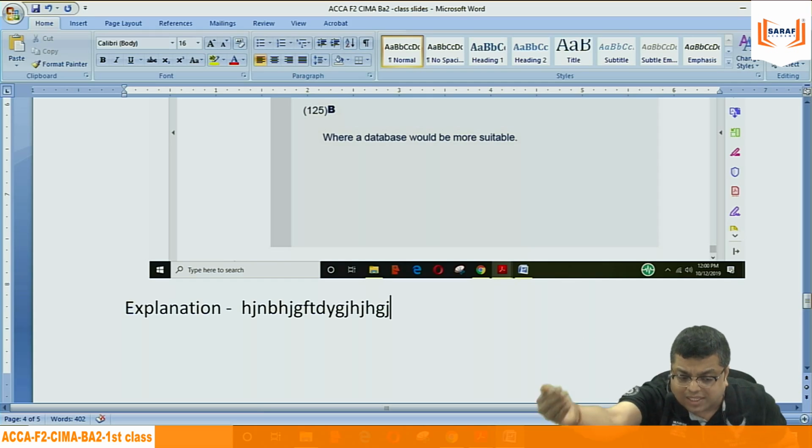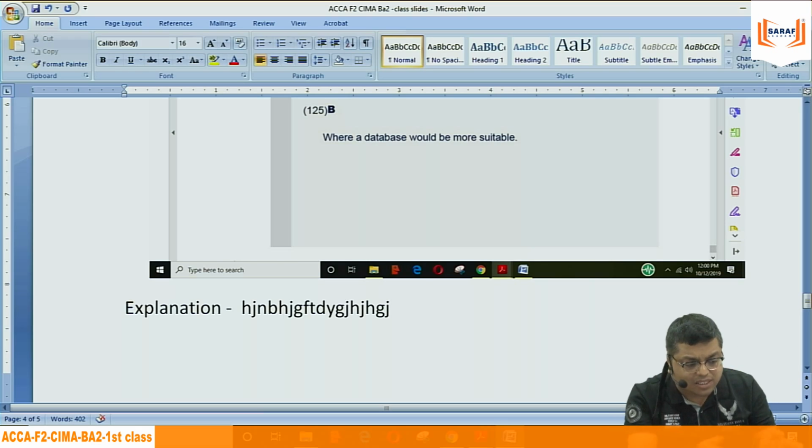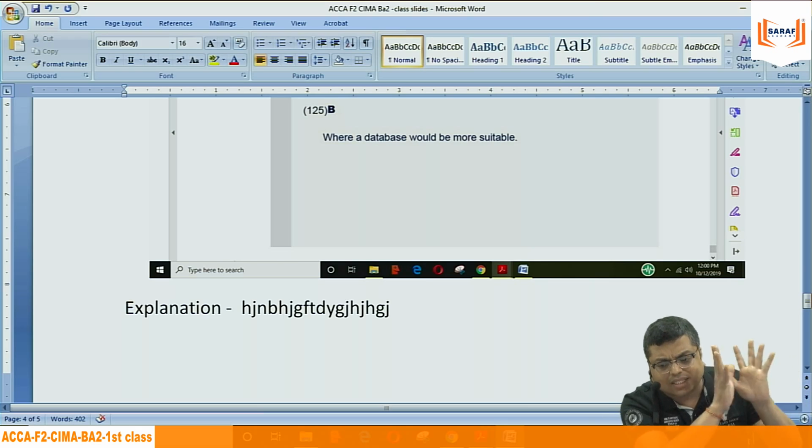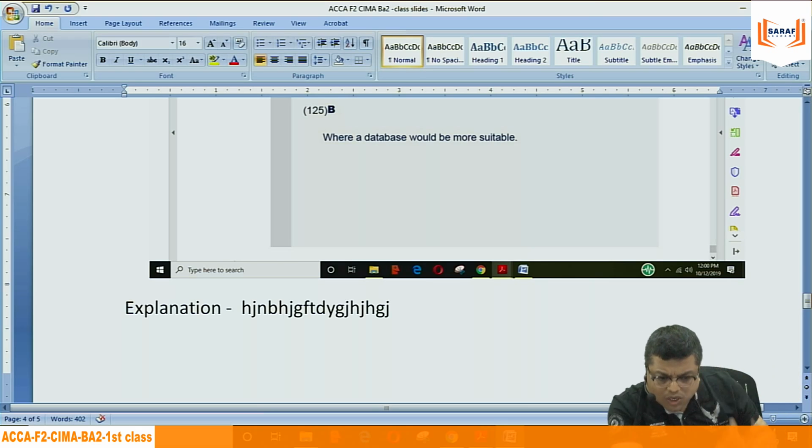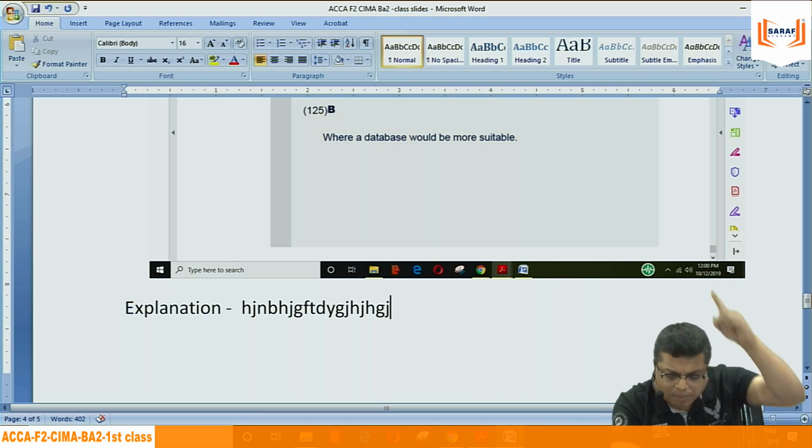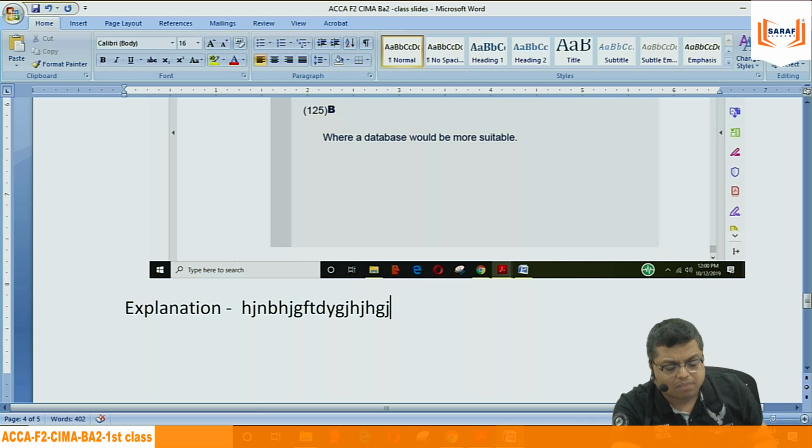Suppose you are going to give exam after 10 days. For 10 days, you will be referring only your material, nothing else. Because you have already studied everything, and whatever the synopsis of that is ready with you in your Word file. So you will be referring only your material. That will not only help you in the exam, that will help you in whole life. Because for one subject, that much we can do.